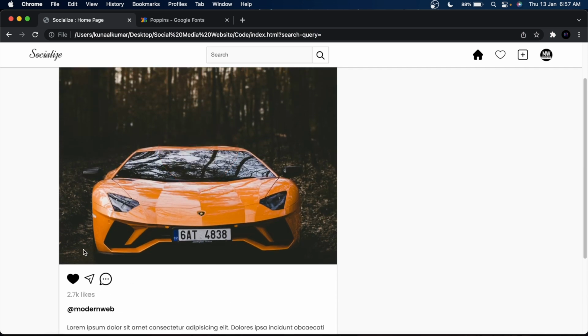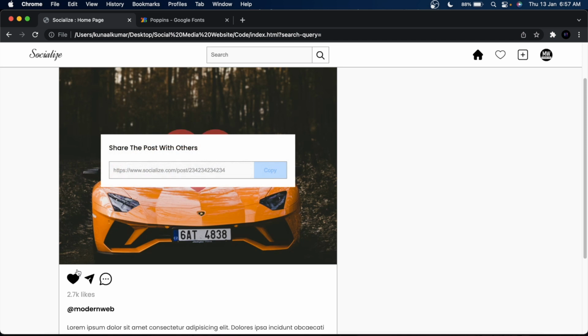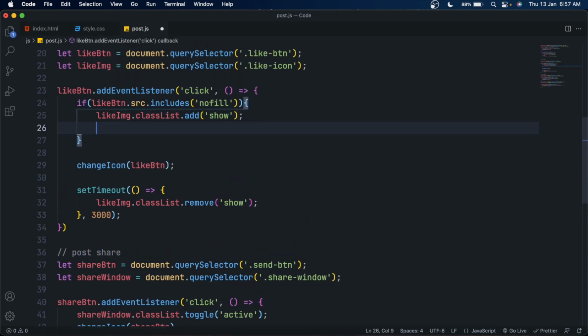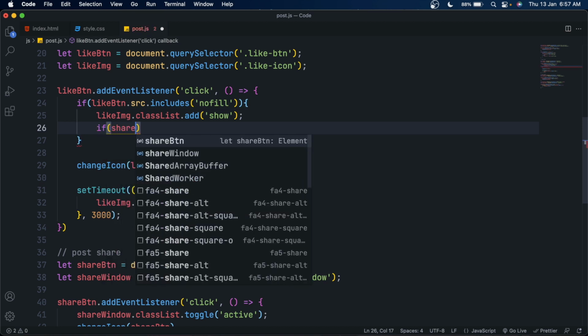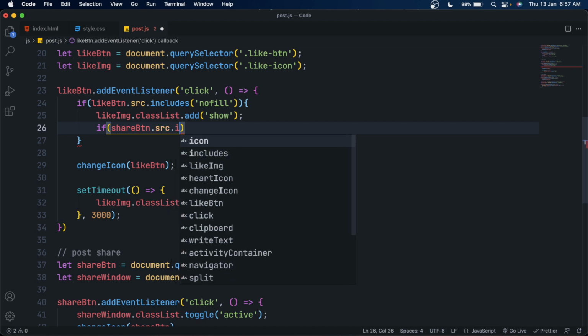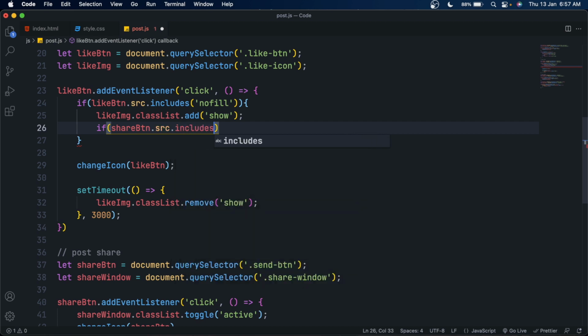Now we have one more issue here. Whenever our share window is open, we don't want to show this red heart icon. What we want is, whenever we get the red heart icon, we want to hide the share window. So inside the no fill condition, add this if condition also.